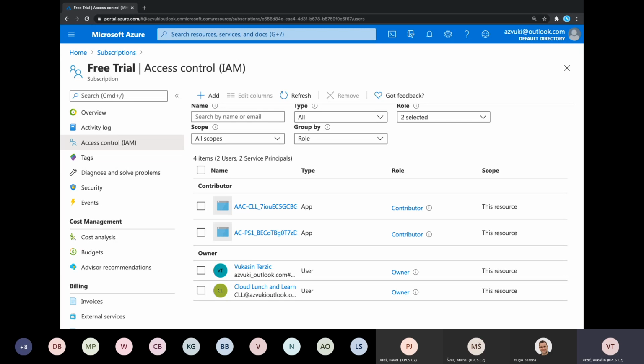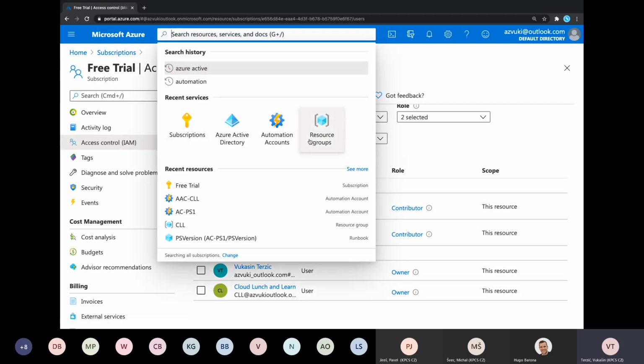I usually remove contributor and start with some more limited setup than giving it contributor to entire subscription. For us, that's now something that we don't need to worry about, and having the contributor access to full subscription, it's easy to start working with. So if I go back to automation account again,